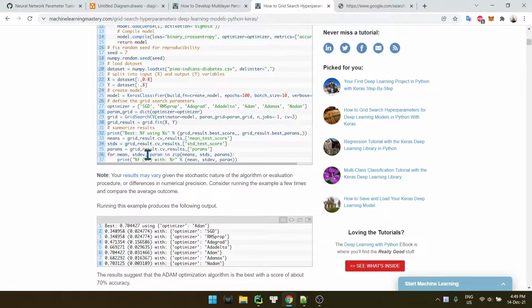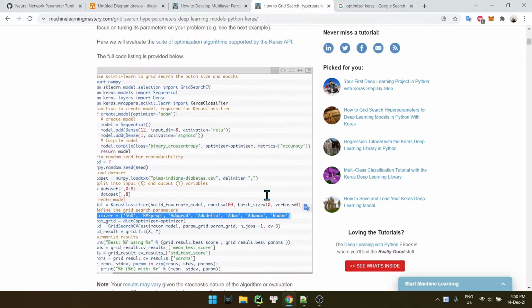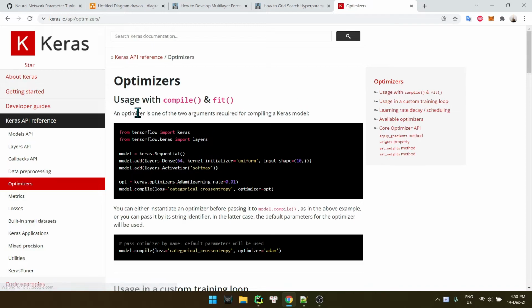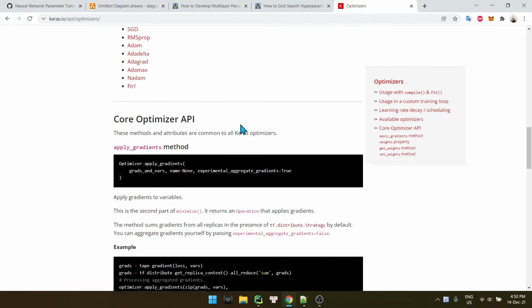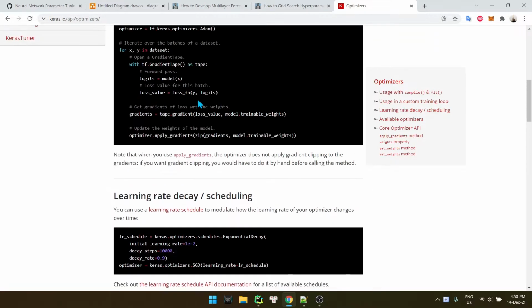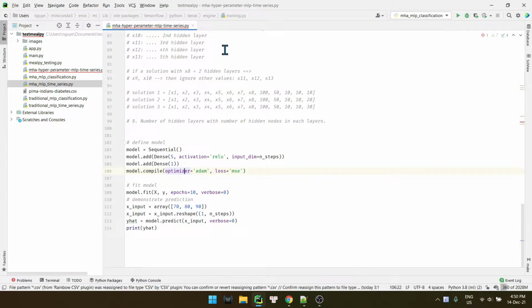Okay, so here we have the optimizer right here. Copy this, or you can check it from here. We have the optimizer class with SGD, RMSprop, Adam, Adadelta, Adagrad, Adamax, Nadam, and Ftrl. So, or we can copy paste from here.